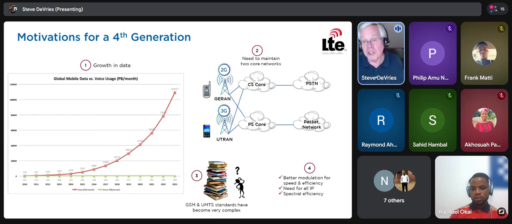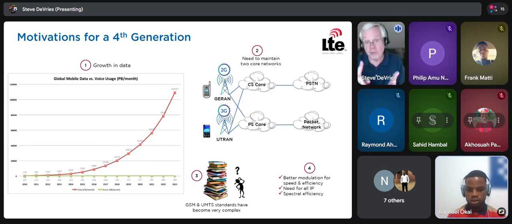The other thing with 3G: you had your radio towers, the same radio tower, but some of them were used for what's known as GPRS EDGE Radio Access Network, and one was for 3G. So in other words, you could use your mobile phone as a 2G circuit switch device for voice, but you could also use it for data. You had a core network for circuit switched. You had a core network for packet switched.